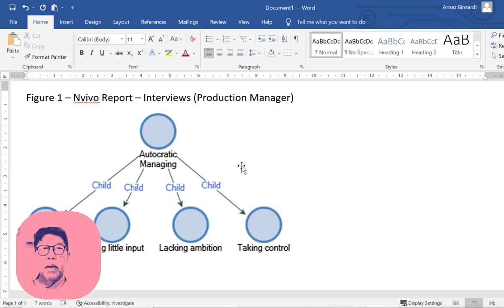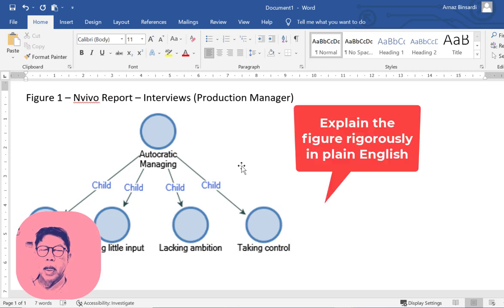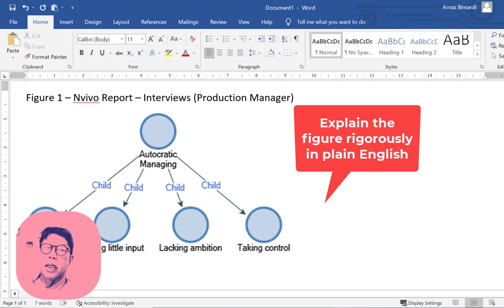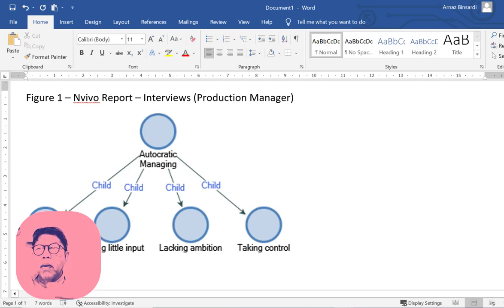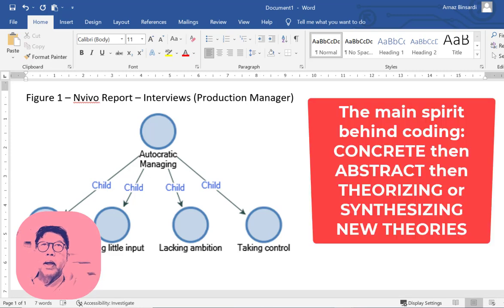The interviews indicate there are several concepts. So if you look at it, what is the main spirit behind coding? The first one is you start with a concrete, the interview text is concrete, 12 pages, and then you code them, becoming abstract. Look at the picture there. Oh, it's only 4 or 5 concepts there.